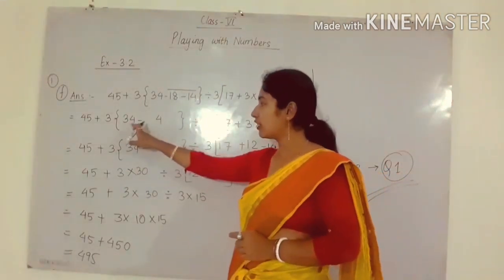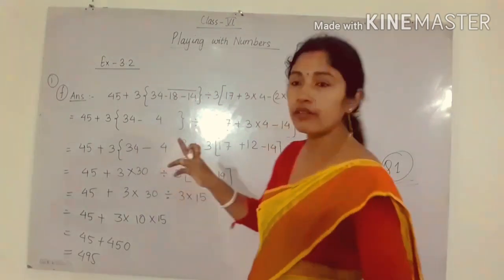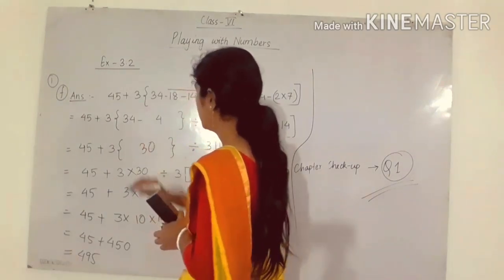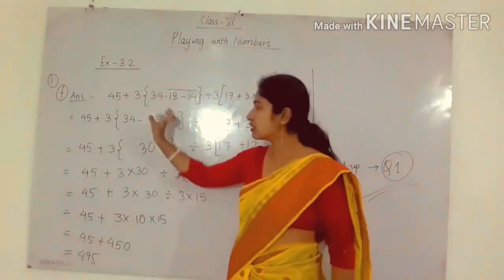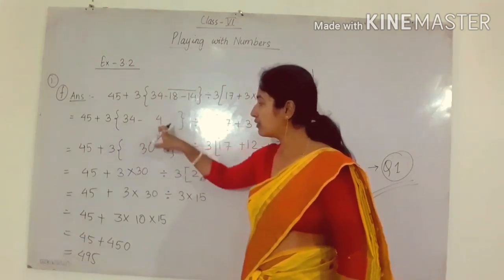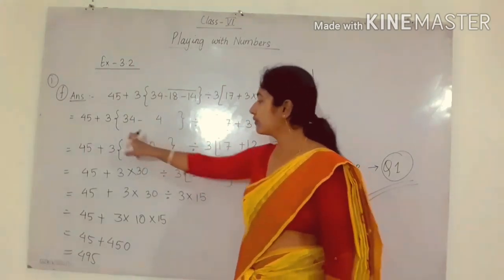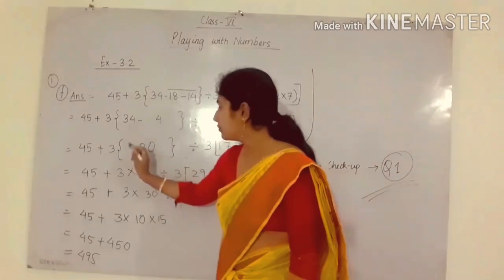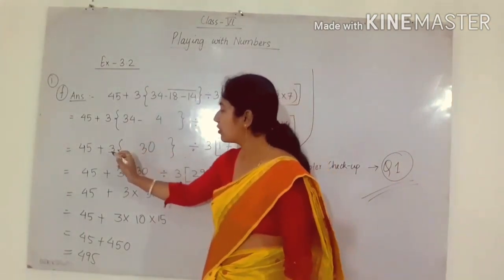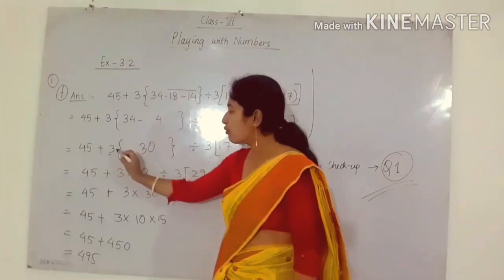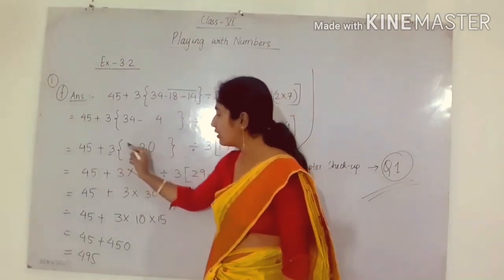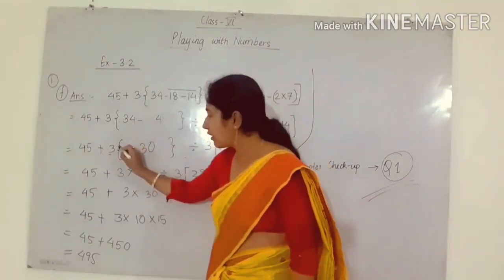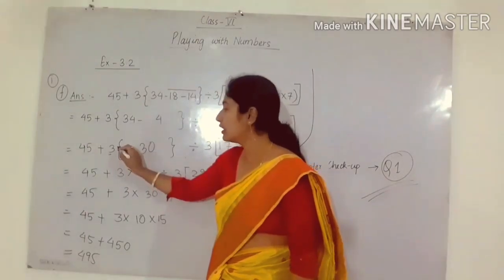Now in the third step you can write 34 minus 4 as 30. Directly you can write 30 here. So this bracket, this number, we have already solved. This comes as 30. So no need to write the curly bracket. You can simply write multiply. One more thing: if a curly bracket is there and before it one number is written, what operation is present between both? This is multiply. It is not written, but it is known that it is multiply.